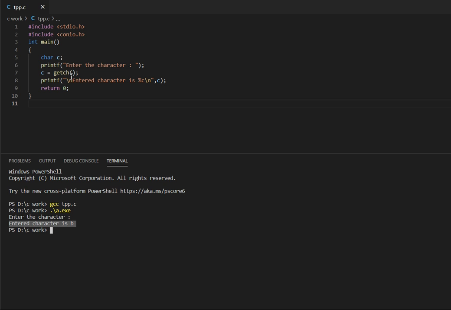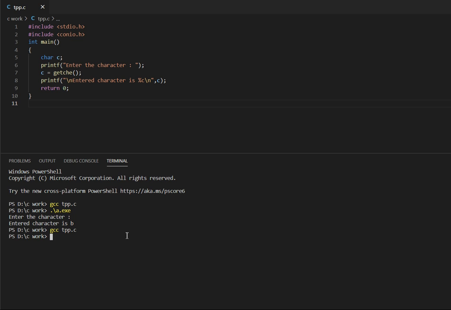Now let us have a look at getche function. Let me just modify this code first. Okay, getche function. So that's it. Just have to add e after the getch, and as we know, getch function and getche function both are present in the same header file, so we don't have to change this one. So that's it. Now getche function will run exactly the same as getch function. So let me just run this code and show the output.